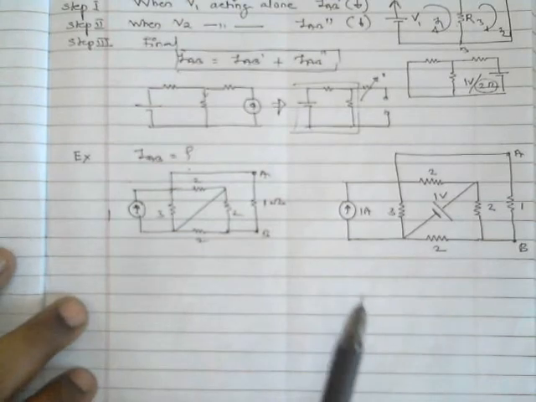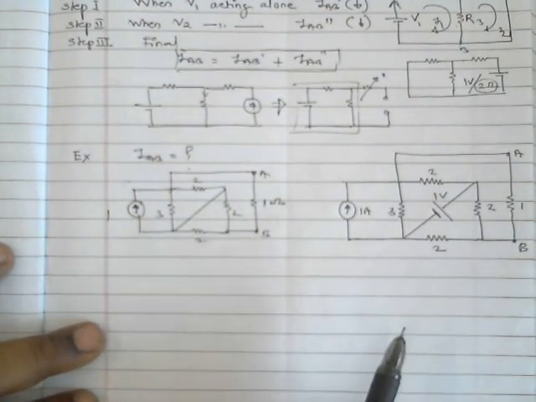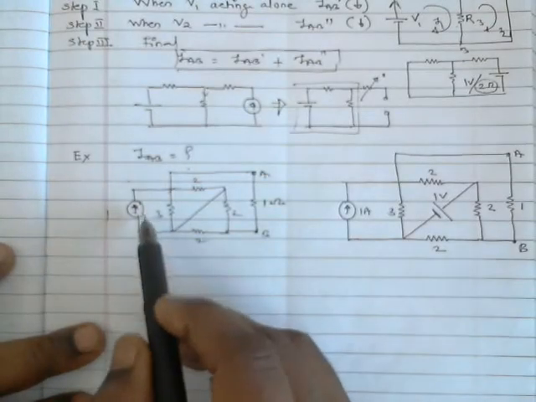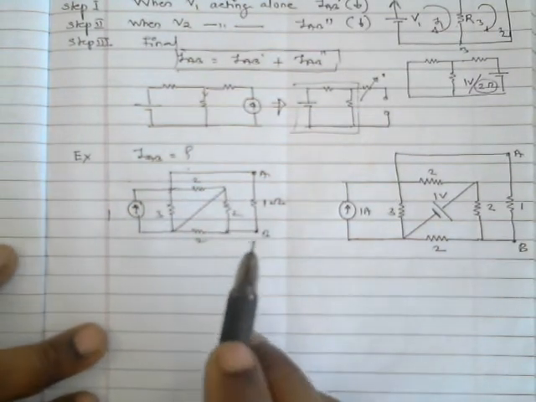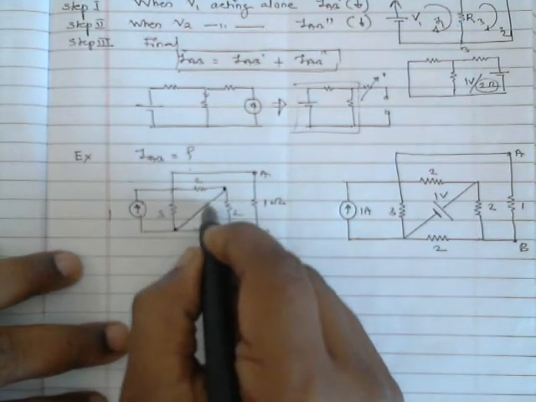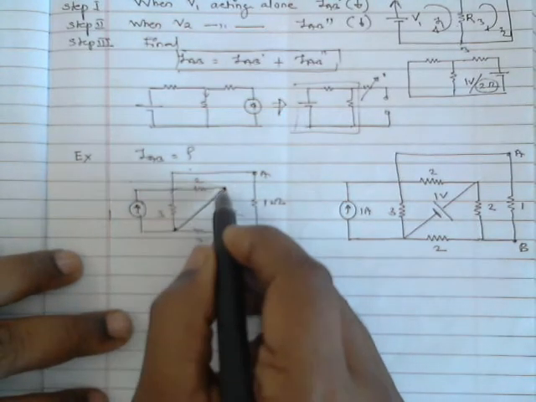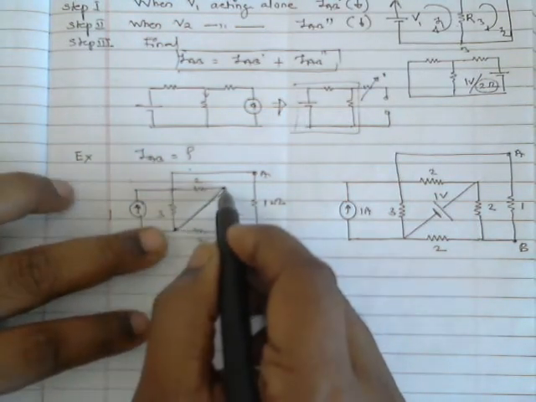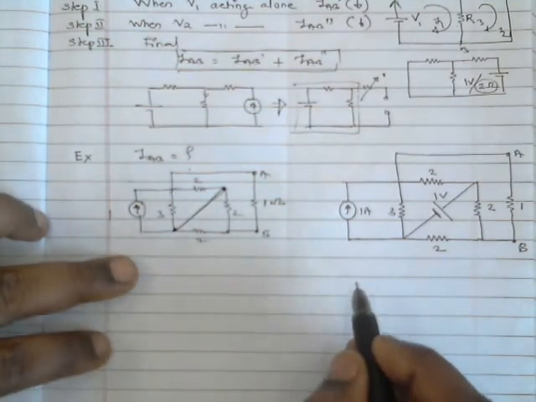Now how to find out current through this particular branch? You can find out current by using KVL, KCL, but it is very difficult. Okay, you can apply one loop over here, one here, one here, one here, four loops. It is very difficult. Okay, what can I do? Can you see these 2 points are short circuited by a wire? It means this is nothing but a single point. Instead of wasting this wire, can I pull this point over this point? Yes, I can. See what circuit I will get.